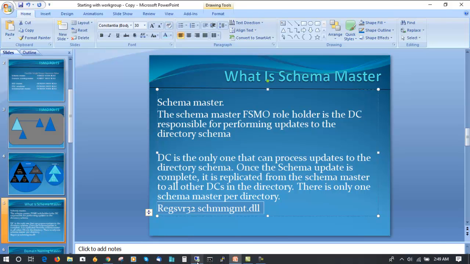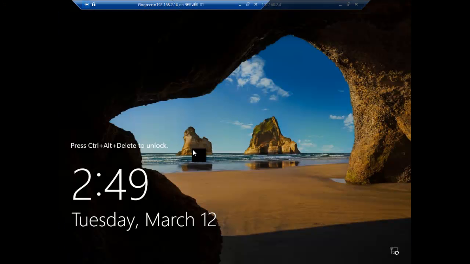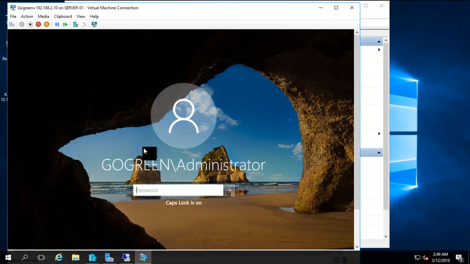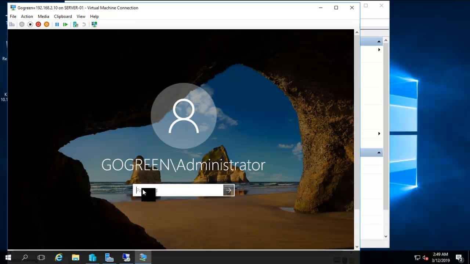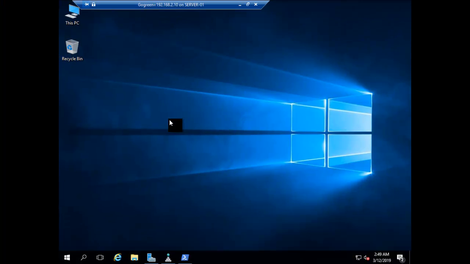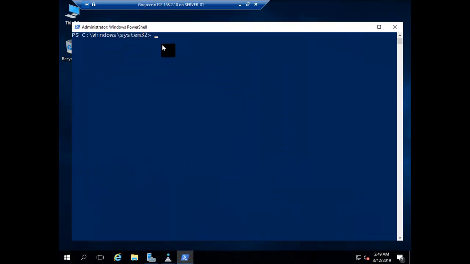So let's go to the computer. Let me unlock it. This is our main domain controller, that is the primary domain controller, gogreen.com. So let's go to PowerShell and type the command